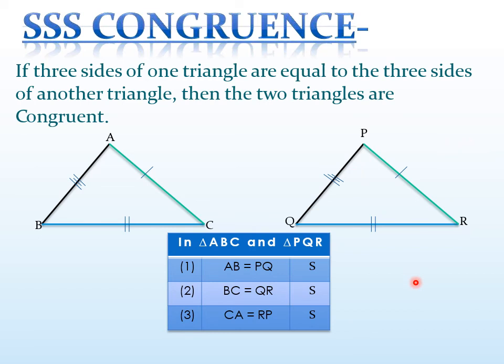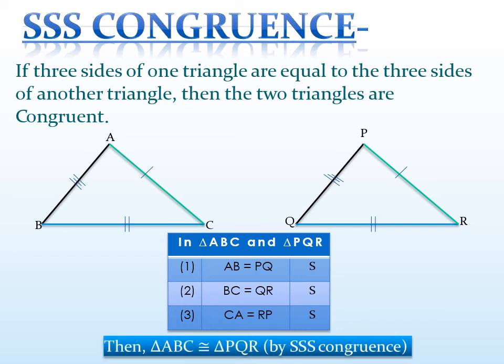We can also turn it in some cases if it is given in the question as such, but here it is given in triangles ABC and PQR. AB equals PQ, a side, then BC equals QR, another side, and CA is equal to RP, that is the third side. So all the three sides are correspondingly equal to each other. So therefore we can say that triangles ABC and PQR are congruent